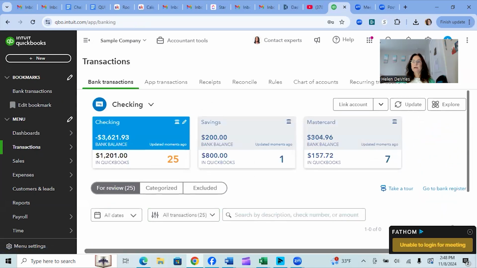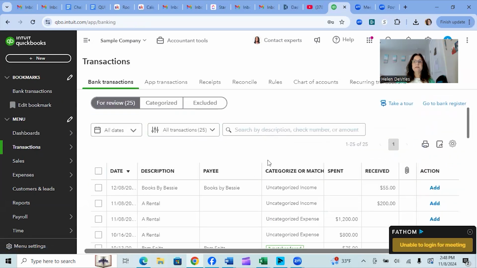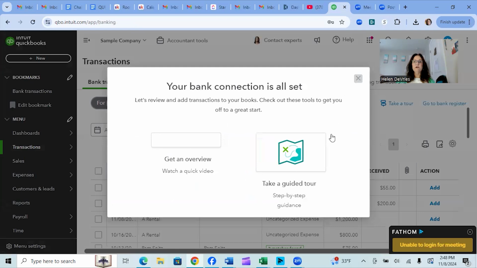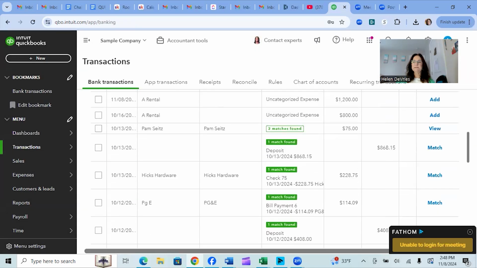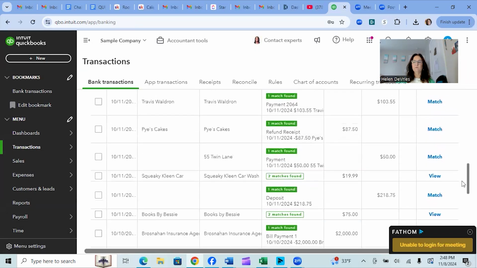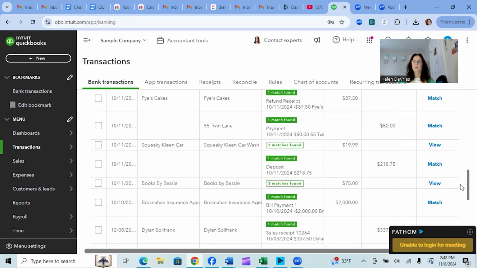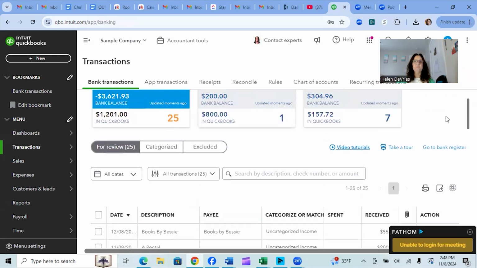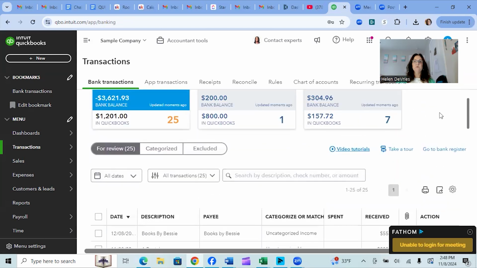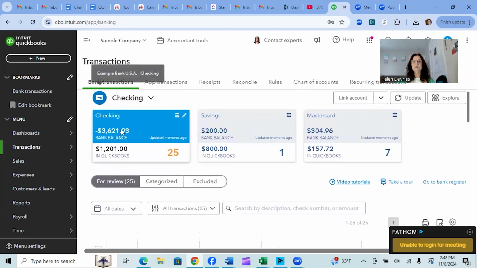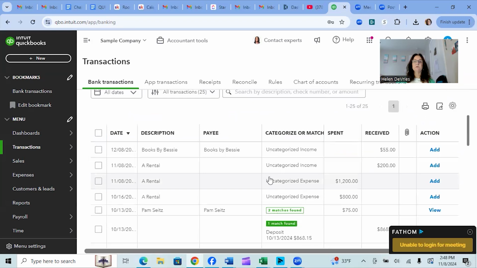And then you would have all your bank transactions here. And then we would just go through those bank transactions and clear those up for you. This is kind of what your bookkeeper would be doing for you, and she can review those. But you see there's a checking account connected, a live checking account, there's a live savings account, and there's a live MasterCard. So you can see exactly what your balances are every day in these as well,